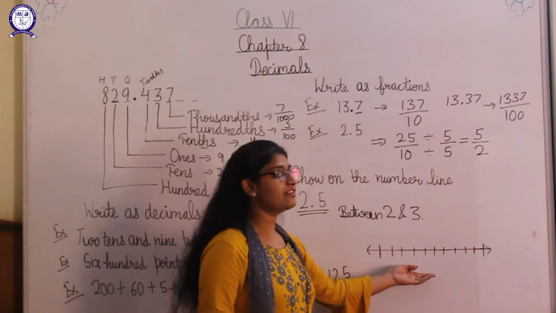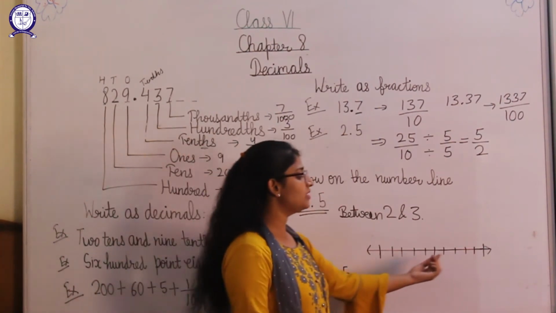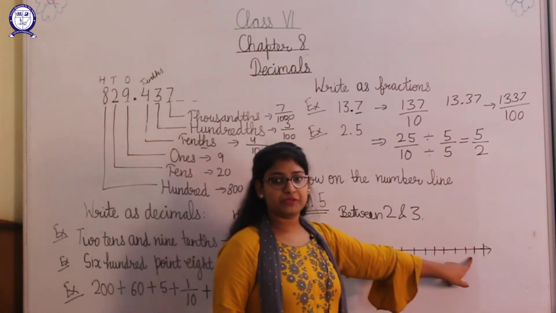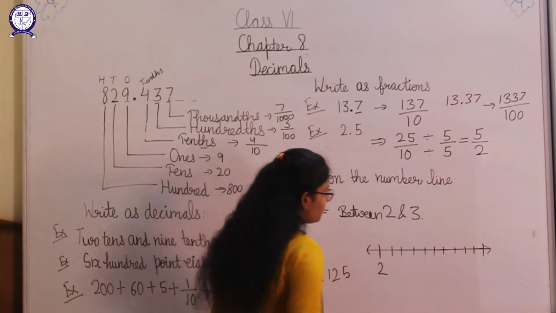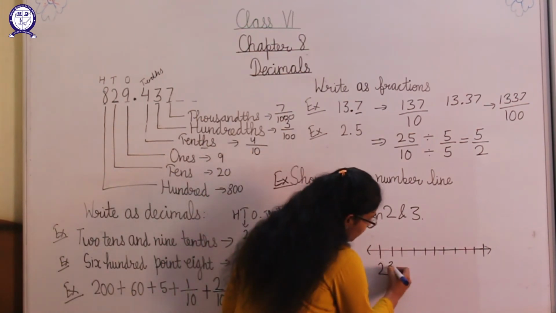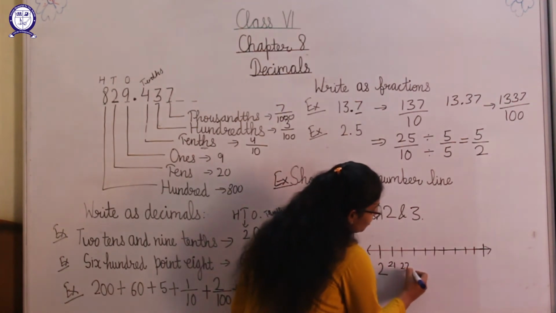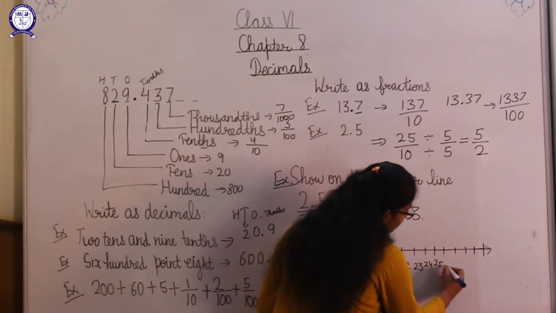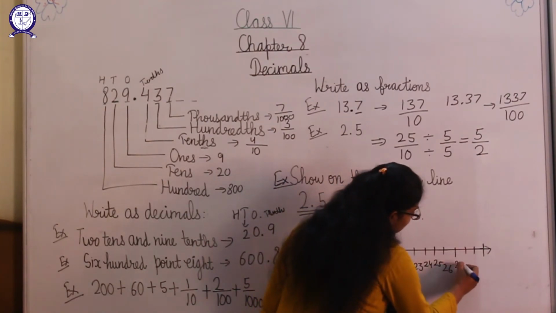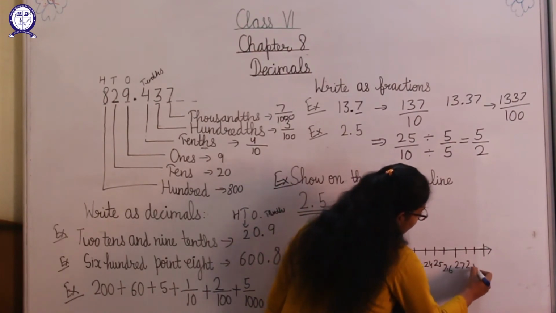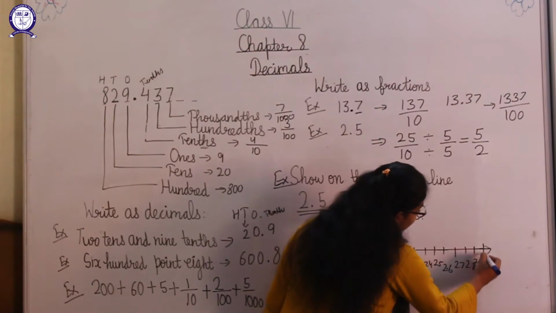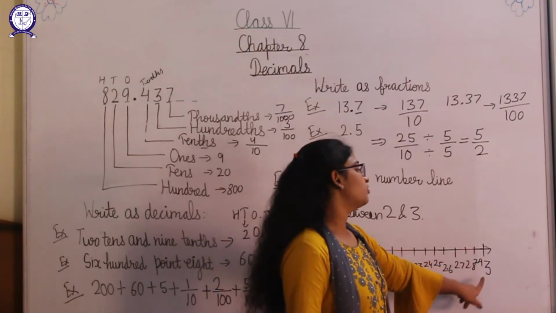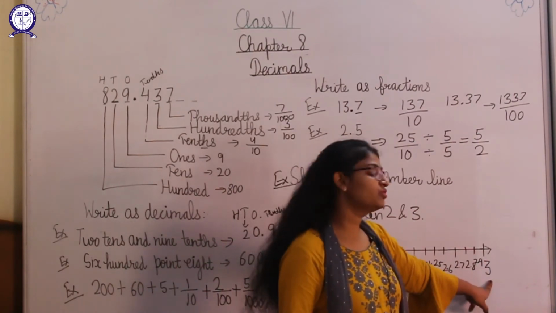So for the number line, we will take the end points as 2 and 3, and to show the decimal we will make 10 equal gaps here. So it will be 2 here. Now the first gap will be 2.1, then next will be 2.2, 2.3, 2.4, 2.5, 2.6, 2.7, 2.8, 2.9, and this one is 3. After 2.9 there will be 3, because 2.10 will not be any value. 2.10 means here it will be 3.